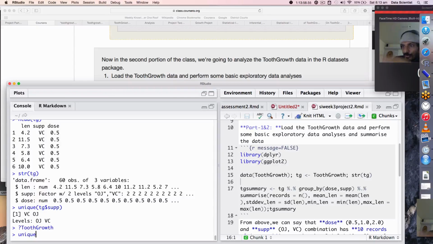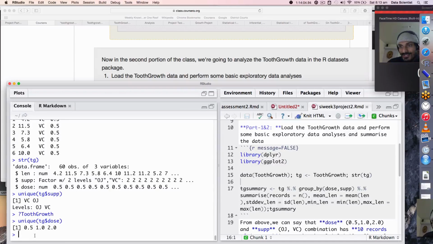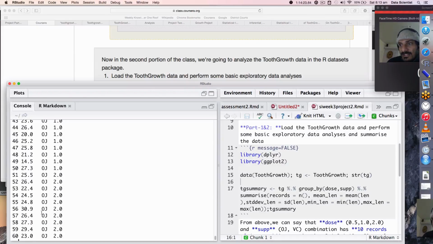I have no idea how the dosage is going to be, right? So I say dosage of TG dollar dose. I get three values, 0.5, 1 and 2. But know that it's not a factor, it's a number. All right, so I have three dosage sizes and two supplements, two medicines. Now, if I was to do the whole of TG data, I get 60 data points,